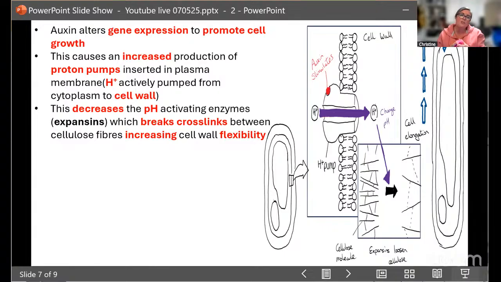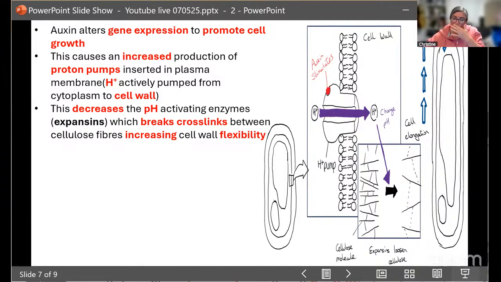Now, if they give you a question, there will be information about the fact that it's called expansins and the fact that it's an enzyme. What they're wanting you to note is that it's an enzyme, so therefore it's a globular protein. It's a globular protein which will change its tertiary structure because of the decrease in pH, because remember, your globular proteins are pH sensitive. So this is where module 2 comes in, and you understanding enzymes, but they could hide it behind talking about auxins and looking at how that hormone is going to affect the cell elongation.